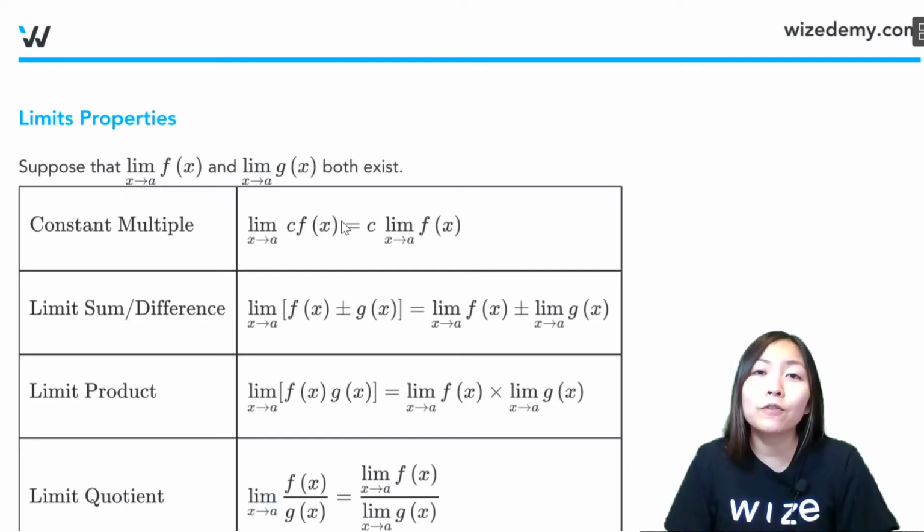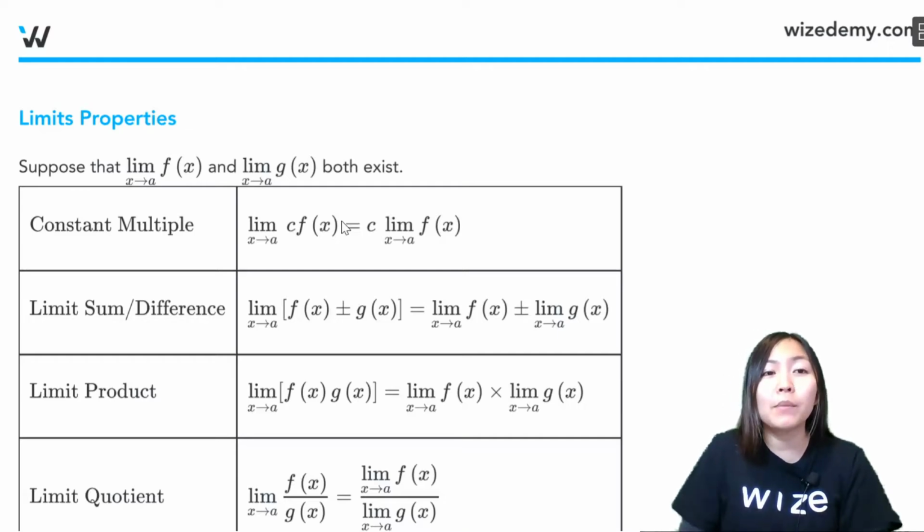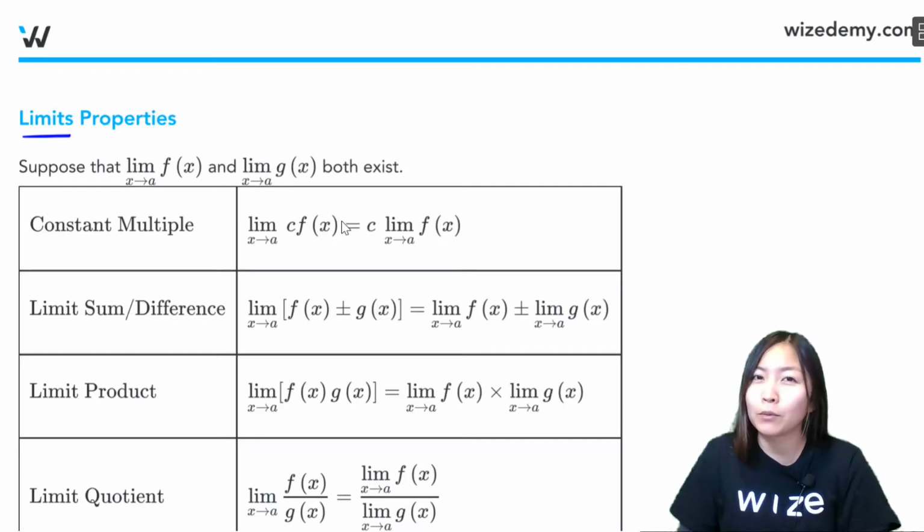Okay, we know how to find limit values using a graph, but it's kind of tedious if we have to draw a graph every single time, especially since some graphs are harder to draw and we can't draw the exact graph. So instead, there turns out to be a set of limit properties that help us solve the limits algebraically without graphing, which is super helpful. So let's pretend for a second that the limit as x approaches a of f(x)